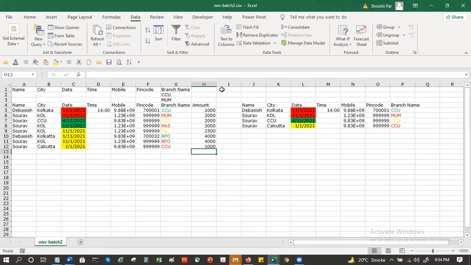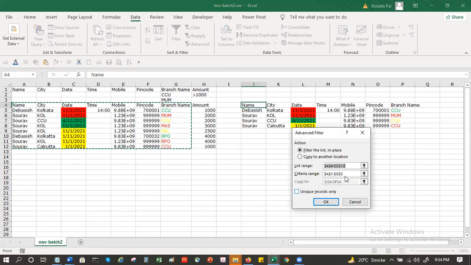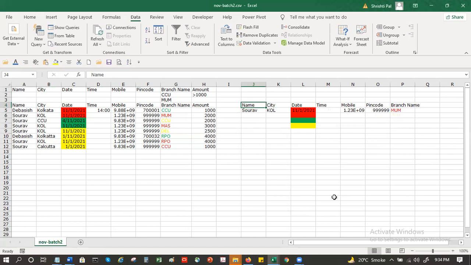And here you have another column called amount, and you want values which are greater than 1000. In that case, also you can use this. You go here, copy to another place, and you give the condition. Criteria range is now H3. Kolkata, Mumbai.